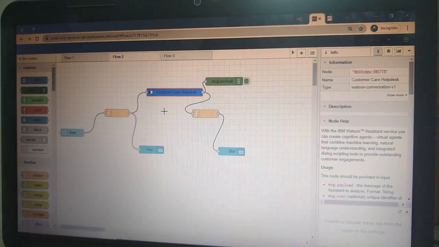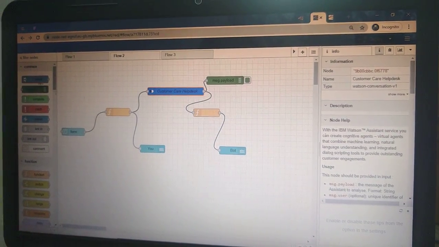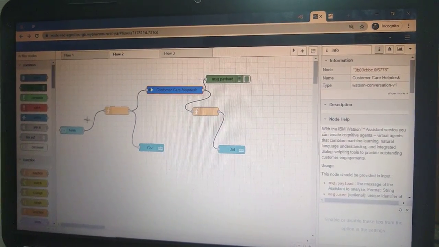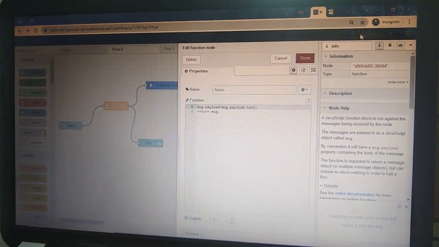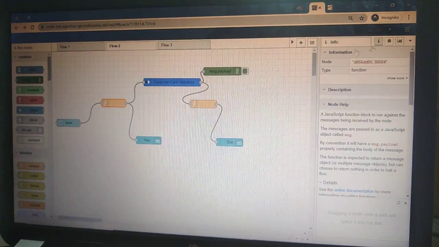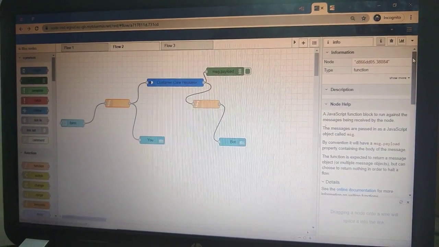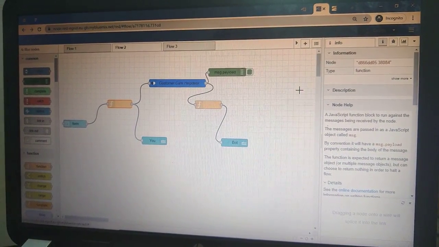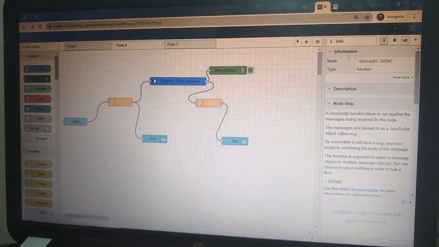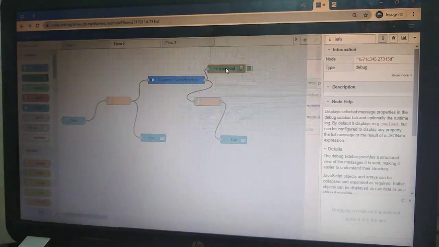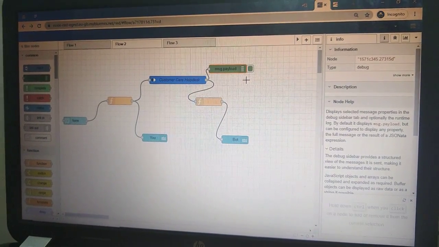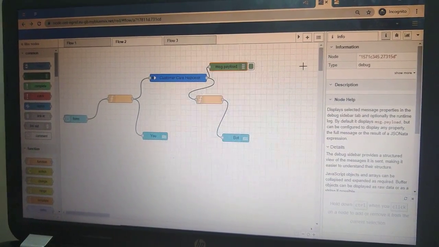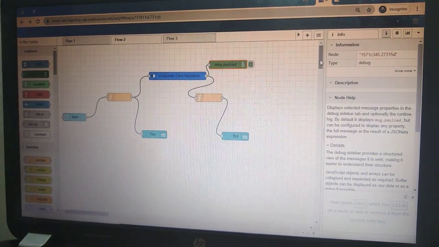In this flow we can add or inject a node from here, and we can also add the functions by double clicking them. We can add our code by directly importing it from here, or we can export our code. After performing all the operations on the flow, when our flow is complete, we need to deploy it.